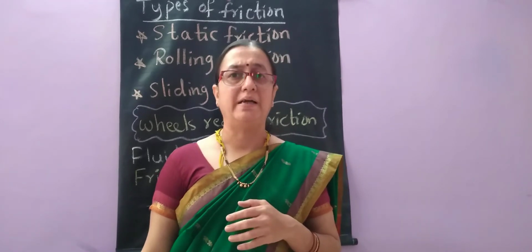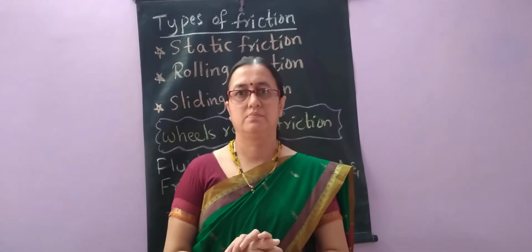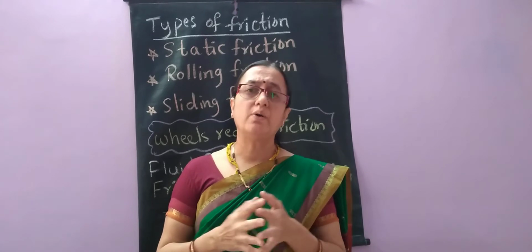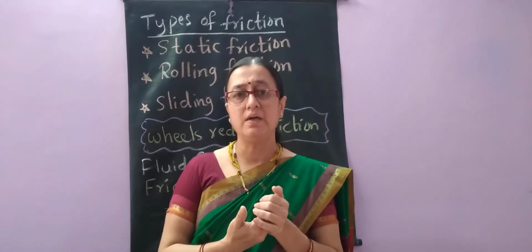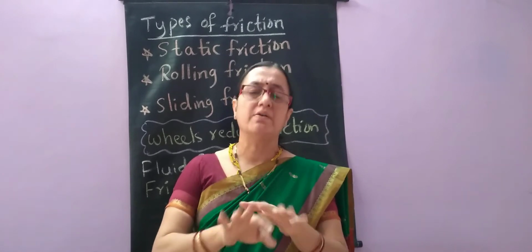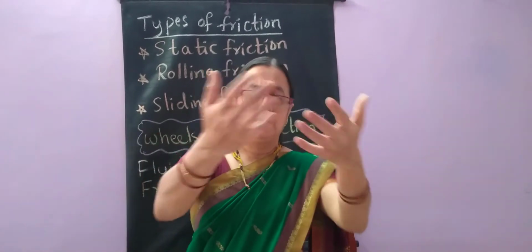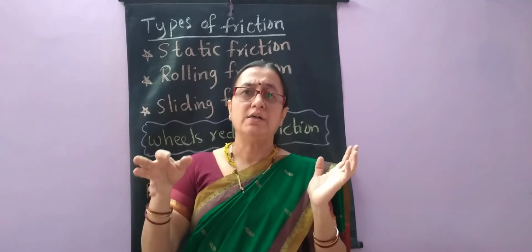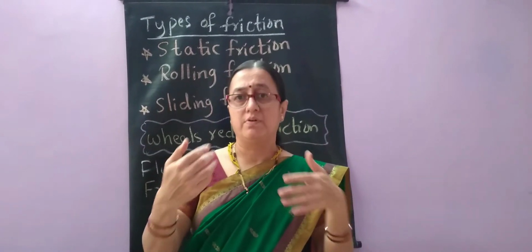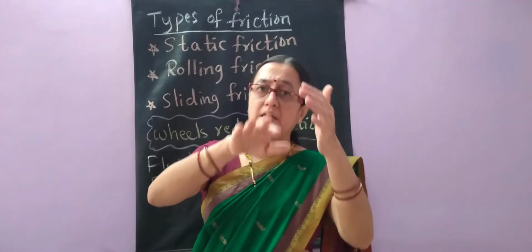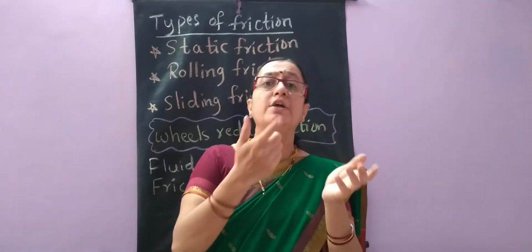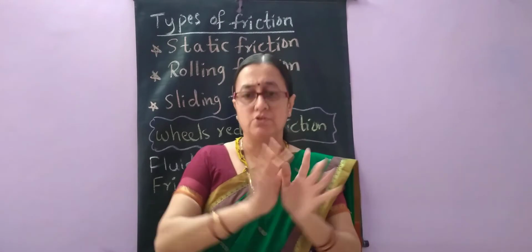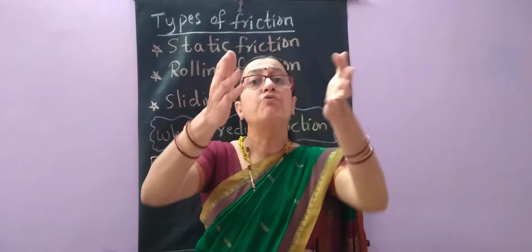How is it applied? How does liquid exert friction, or how does liquid exert force? For example, when a swimmer is swimming, the water will exert friction. When he is moving forward, there is a force applied by the water in the opposite direction. We call it fluid friction applied by the water. So he will be pushing the water behind so that he can move forward.